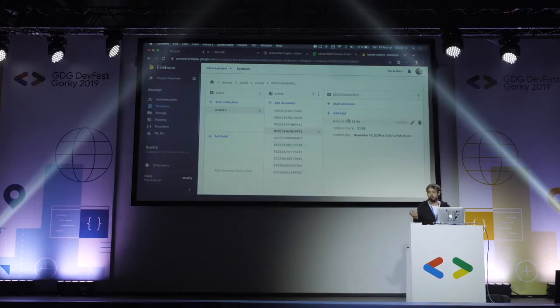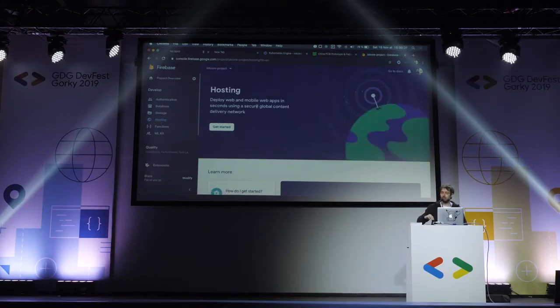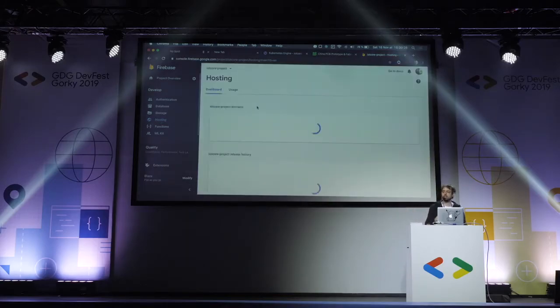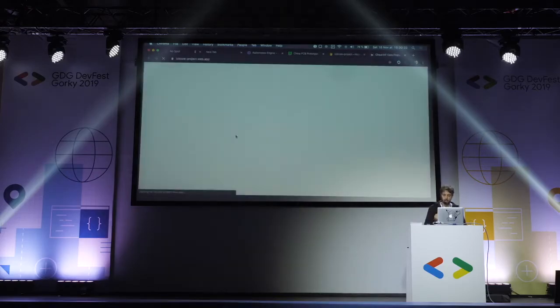Since my data is in Firebase, I can do whatever I want with it. For instance, I can use Firebase Hosting, which is a service that helps you to host a static web page on the internet using a CDN. And I can just create a very simple website that takes my data from Firebase and use a Plotly JavaScript library to display my data using charts.